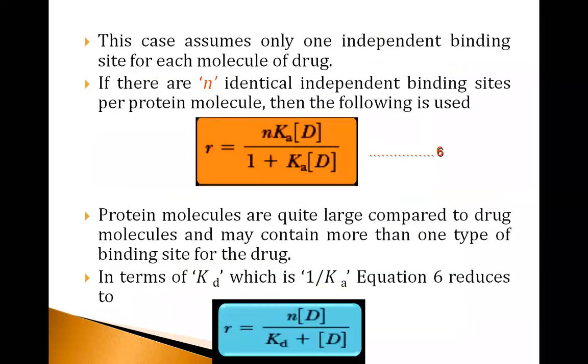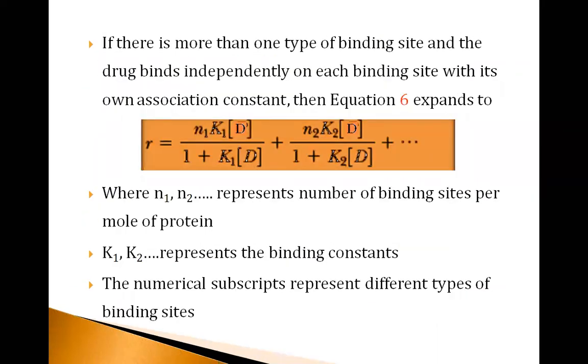Still, practically, when I plan to do this, start imagining. Either I go with the test tube method or the plasma sampling method. If I want to do the experiment, how can I do it? So you start practically imagining that you are doing the experiment. It's not a simple job. Still, I have many doubts in my mind. How to determine this K1? How to determine this K2, N1, N2? If all the values are given to you, if N1 is this, if K1 is this, find out the r value. You can easily simplify and you have the r value in your hand.